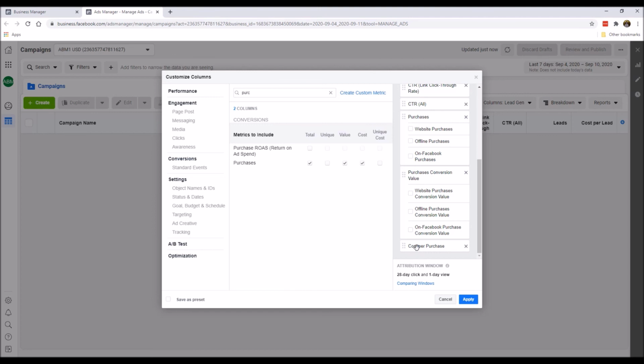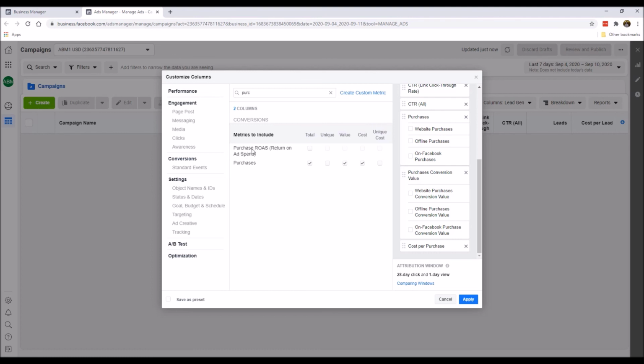And the next thing is cost per purchase. So let's just say, for example, we spent $100 and we have gotten 10 purchases. So the cost per purchase would be $10. So it's more like a break even going on right now. Okay. So I'm just giving you a simple illustration, and that would lead to one more metric to include,